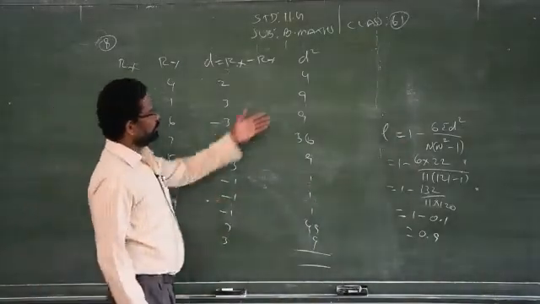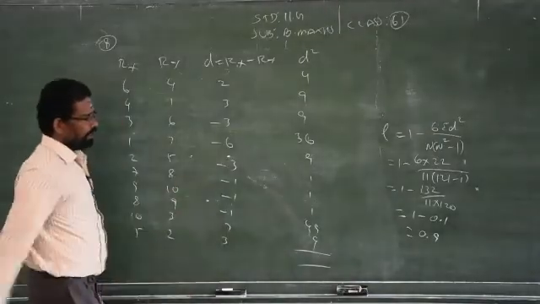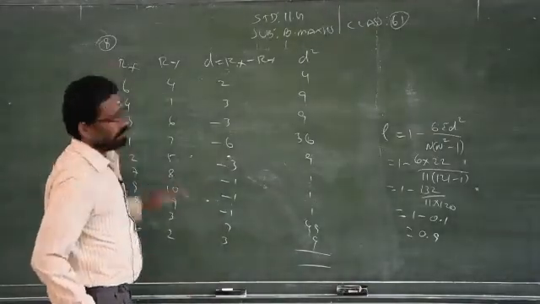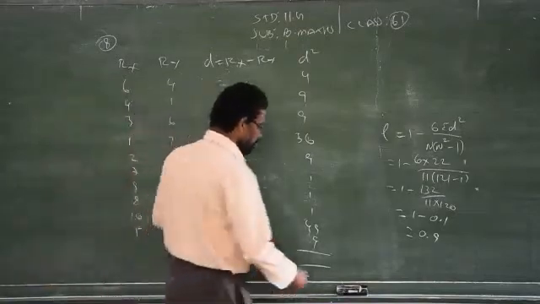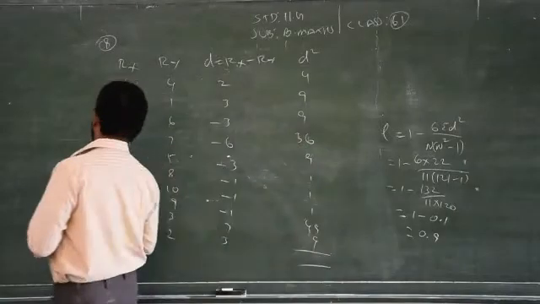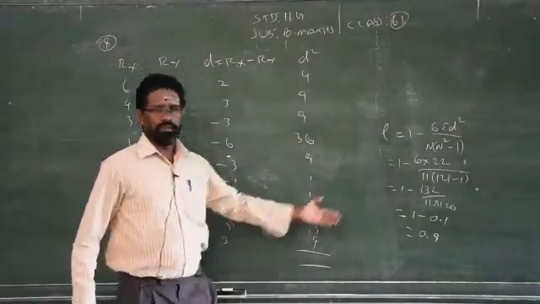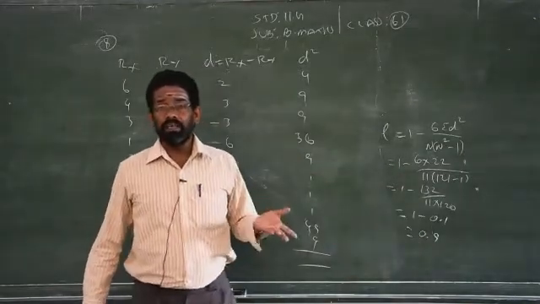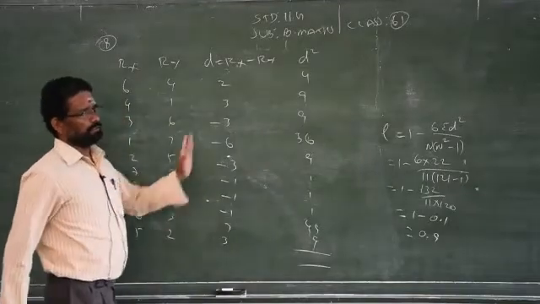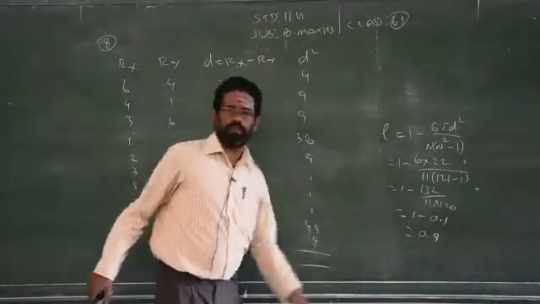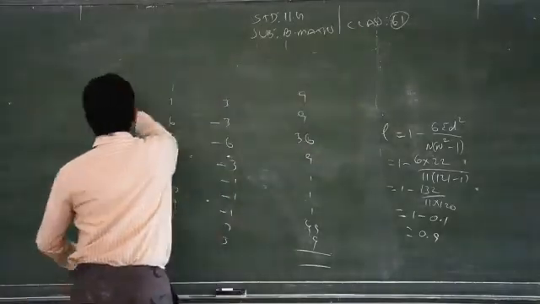Clear? You have to add, substitute and simplify, find out what is the rank correlation for the question number 8. Clear? So very simple. You may have 3 more questions regarding in this model. So when the rank is given, straight away find what is D square, then substitute. When rank is not given, you have to give the rank like previous sum number 7. Then you can proceed this tabular column and substitute, you get answer. Clear? So now the sum number 9.